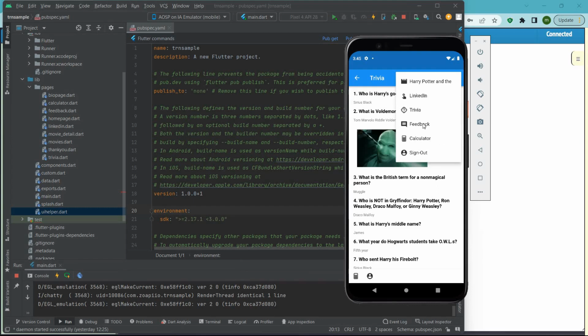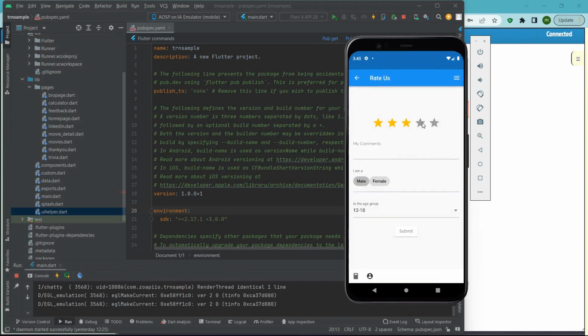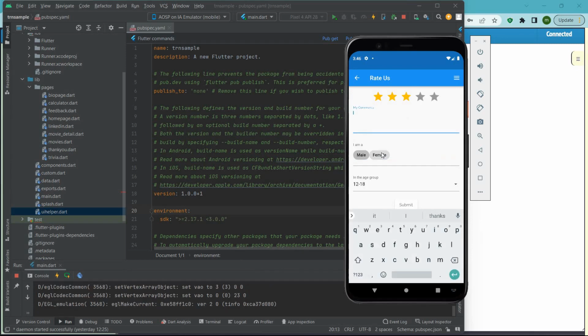Okay. So let me show you the feedback page. This page demonstrates the use of forms. And you will be using these pretty regularly in your app pages where people have to fill out a form for various reasons. So this is a feedback form. It's a very simple form. You can give your comments, select a rating, select some other profiling information,